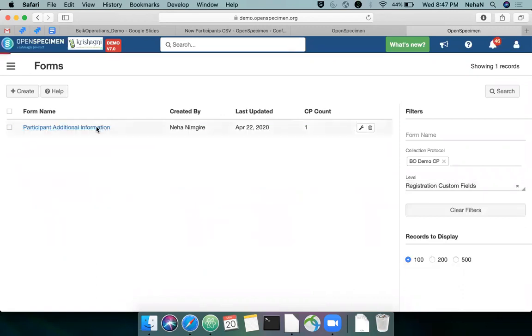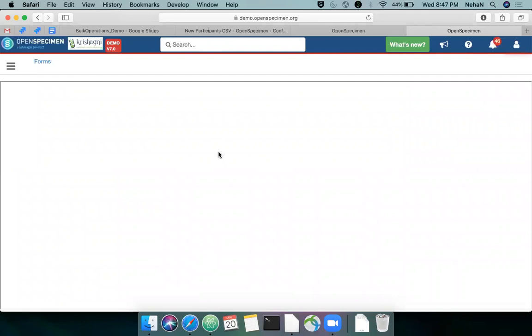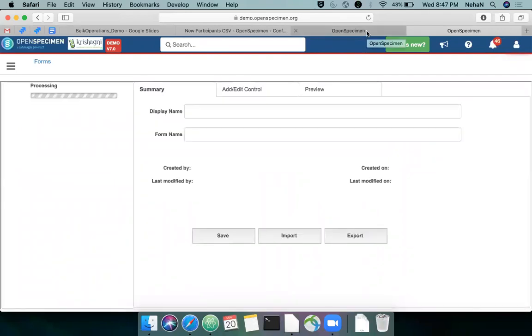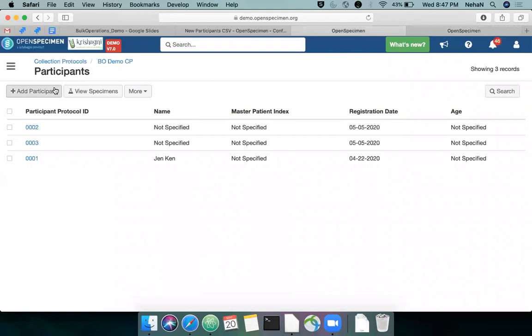So this is the form that is attached at the participant registration level, which means that the fields should be displayed on the participant overview page. So I'll go back and show you where the fields are appearing.